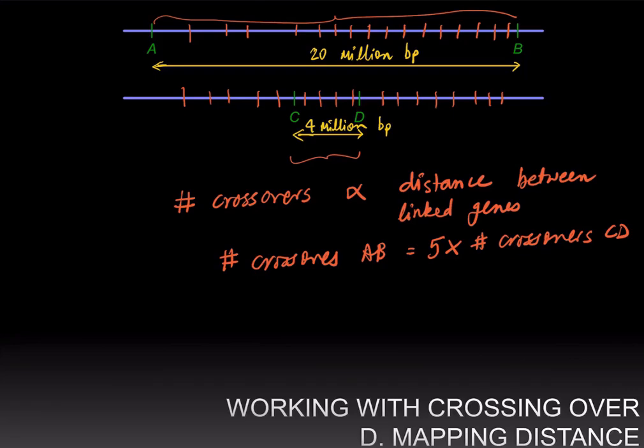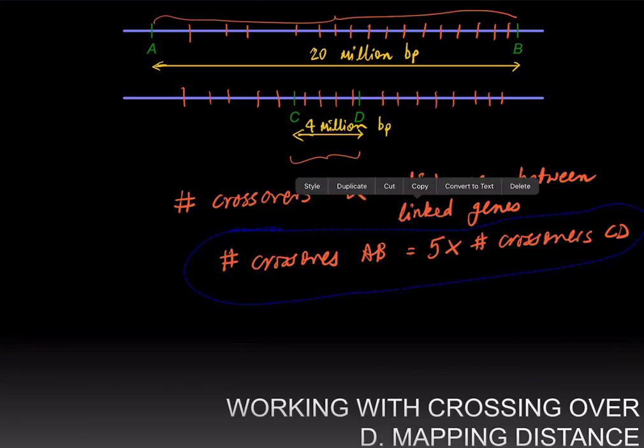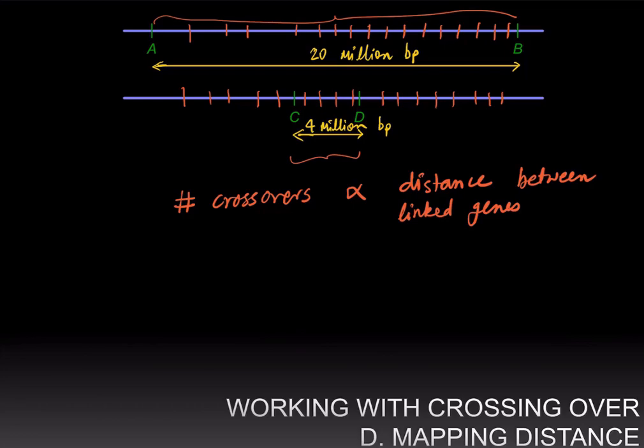Furthermore, the number of recombinants, or the fraction of recombinant progeny one would obtain, is also going to be proportional to the number of crossovers. Therefore, the farther apart two genes are, the more likely they are to have crossovers, the more likely they are to produce recombinant gametes. This allows us to define a way of measuring how far apart genes are on the same